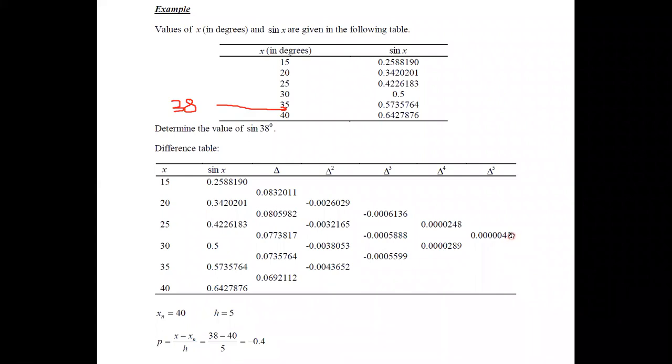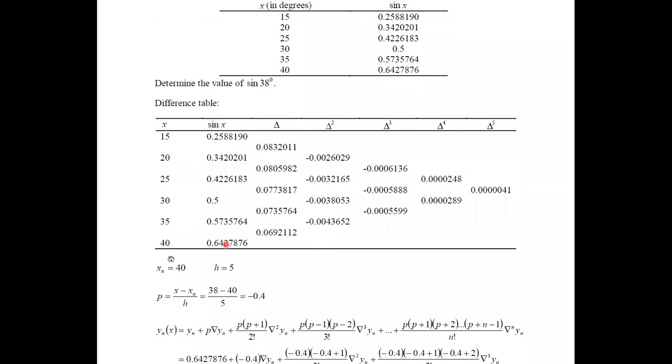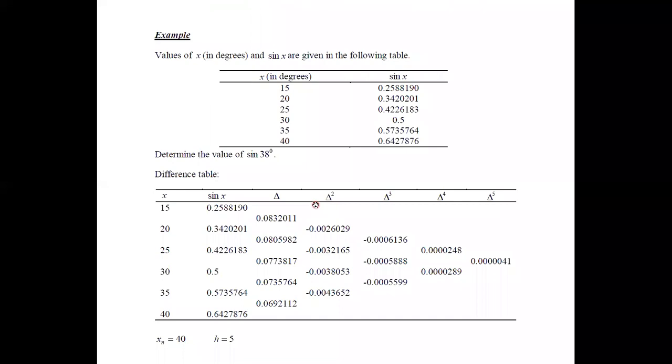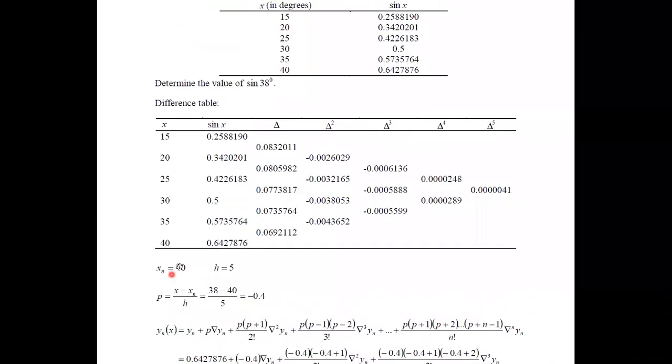Then you can find out what values we need for calculation here. We need the value of xn. It is because if you need to identify a value for p, you need x minus xn divided by h, and h can be identified as the difference between two consecutive points. The value of xn is equal to 40, because the last value in this data set is 40. Therefore, xn is equal to 40 and h equals 5. It is the difference between two consecutive points.